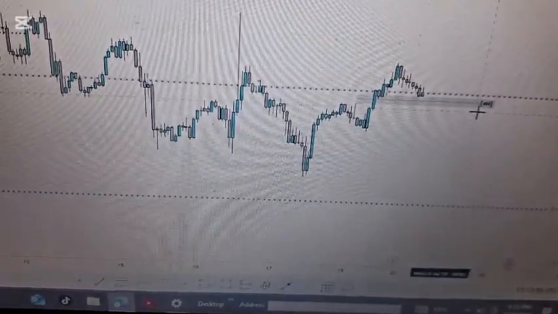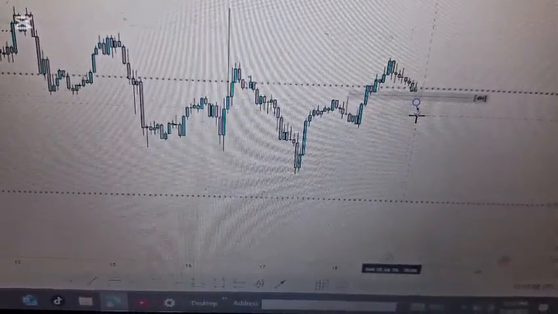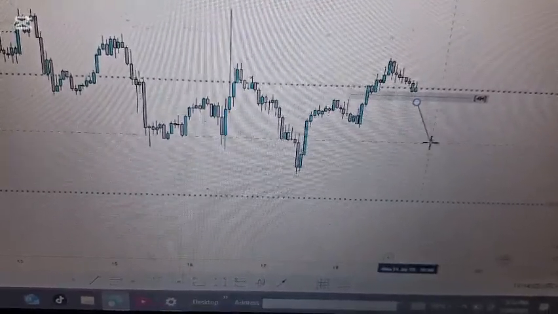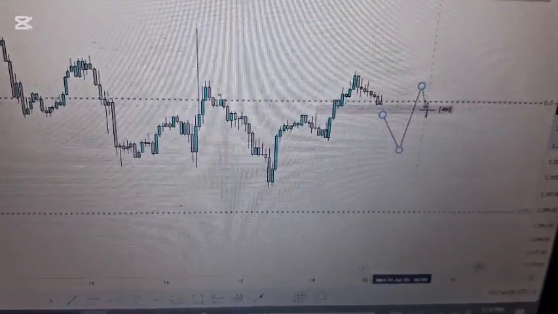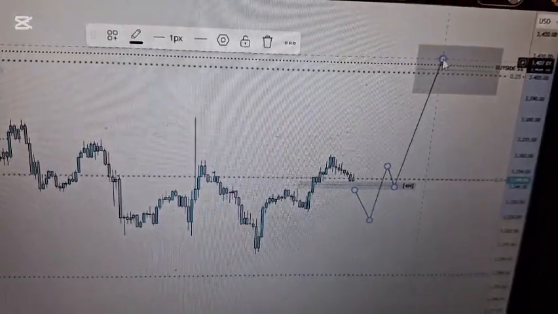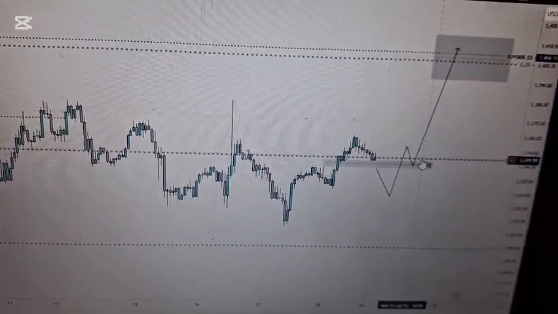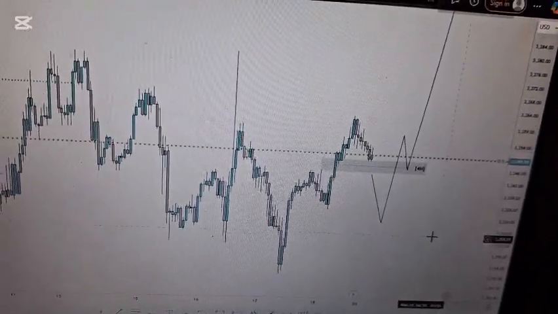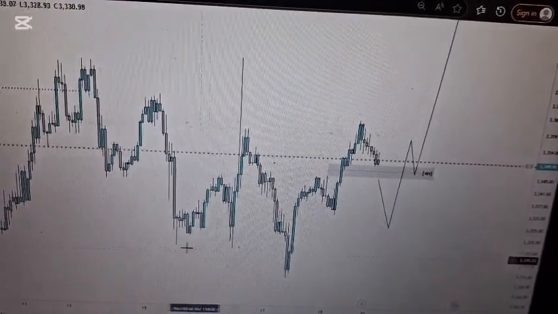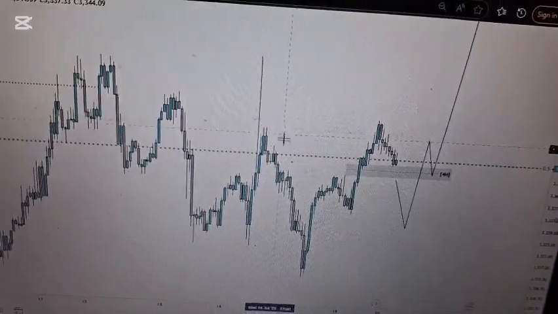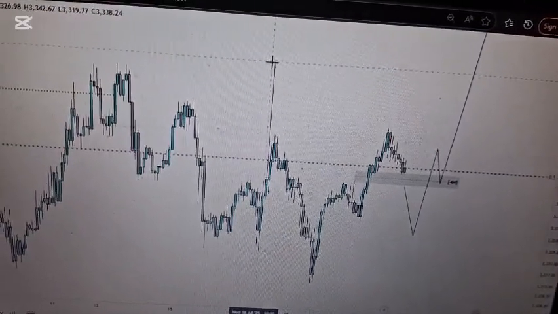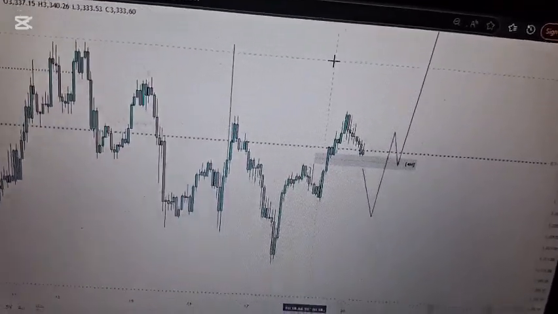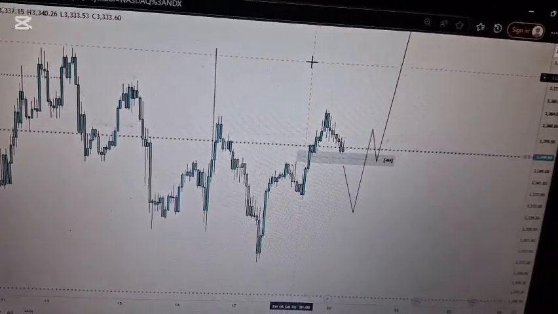It will all depend. If it opens with the gap below, it might gap below, do whatever it does, maybe take out this low, test inside this fair value gap, then come back above here to test this, to use this to go here. It might do something like that. So basically I'm not seeing much on the 1 hour time frame. What I'm seeing is that we took out this liquidity, now we're aiming for liquidity on the upper side, which happens to be this one and the major one, which is this one. That's what I'm seeing. Let me just do the annotation here.